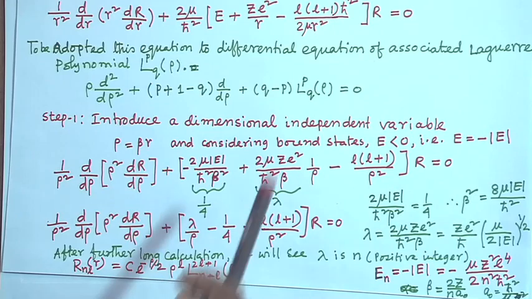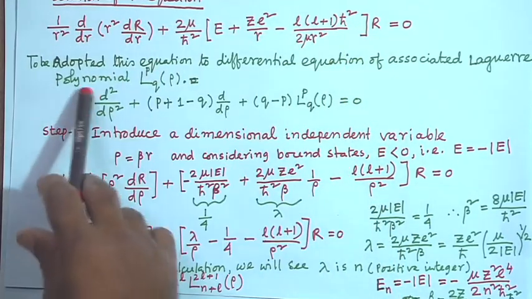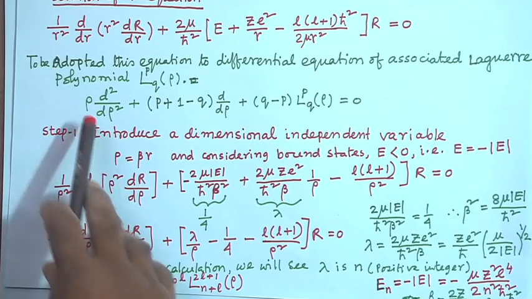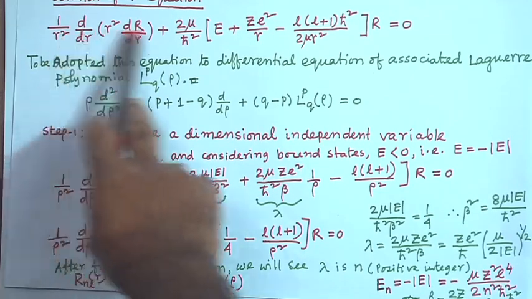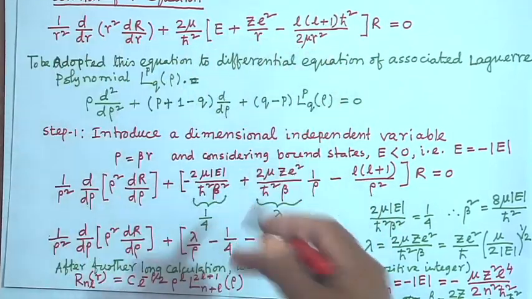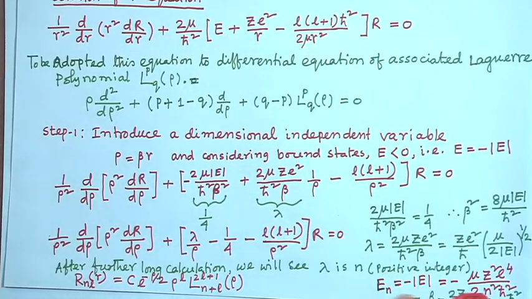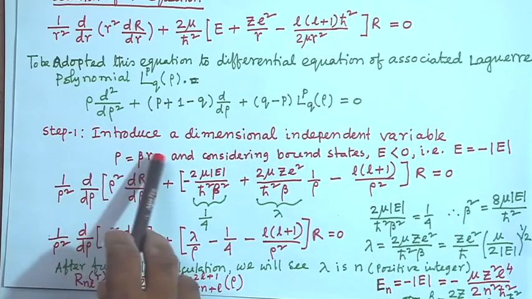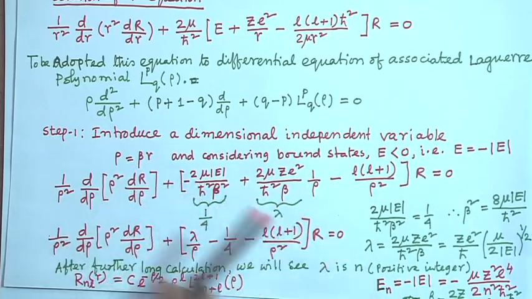So, this rho is basically the dimension independent variable. Here we will try to make this equation dimension independent in terms of this variable. For that, let us consider rho equal to beta r, where beta is some constant,